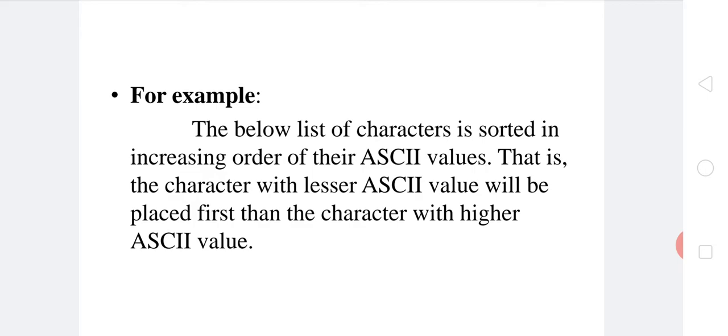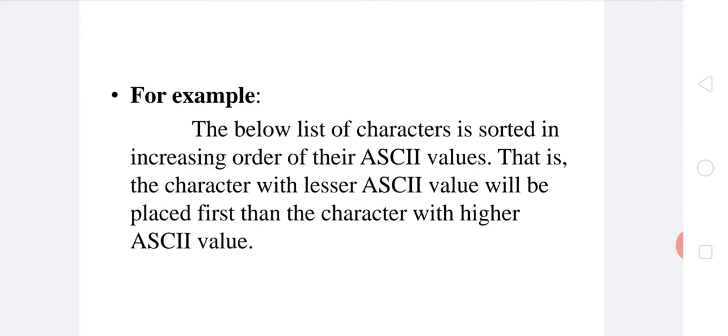That is, the character with lesser ASCII value will be placed first, then the character with higher ASCII value. If a character has ASCII value 65, then it will be placed in the first memory location. If a character has ASCII value 66, then it will be placed second, meaning after 65 it will place 66.